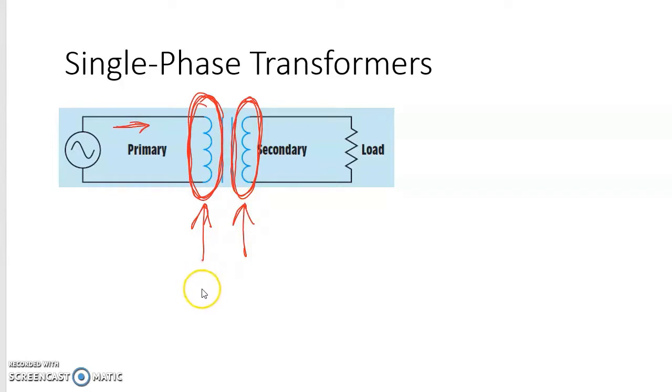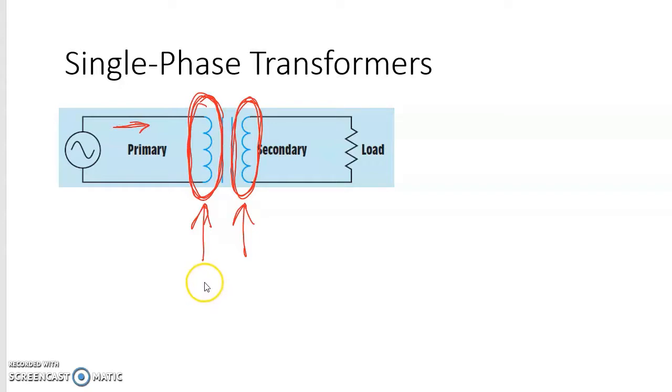Basically, it's the ratio of primary turns versus the number of turns on the secondary side. And that again determines if it's a step up transformer, a step down transformer, or if it's a 1-to-1 ratio,